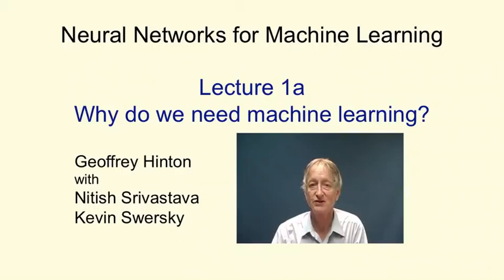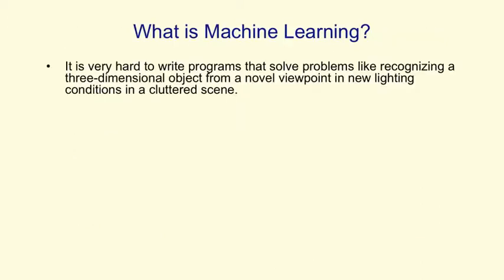on neural networks for machine learning. Before we get into the details of neural network learning algorithms, I want to talk a little bit about machine learning, why we need machine learning, the kinds of things we use it for, and show you some examples of what it can do. So the reason we need machine learning is that there's some problems where it's very hard